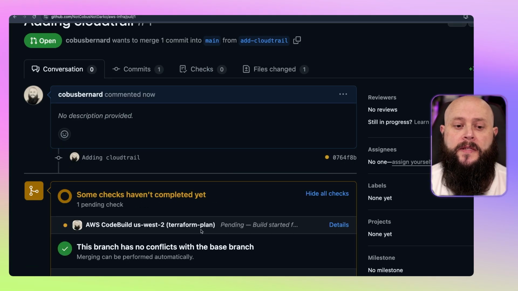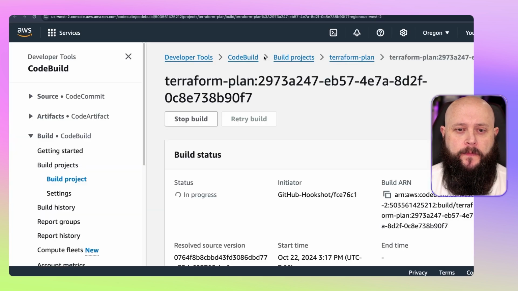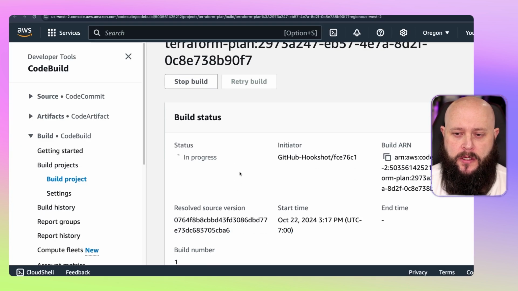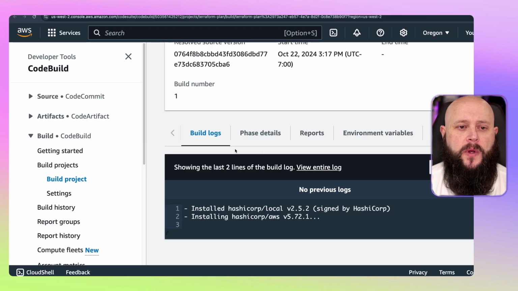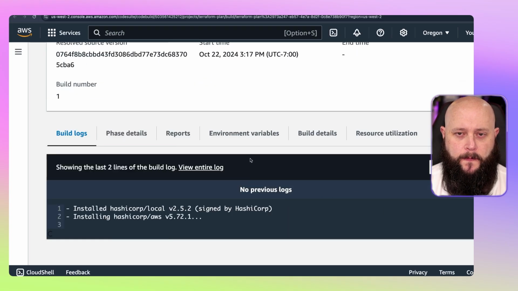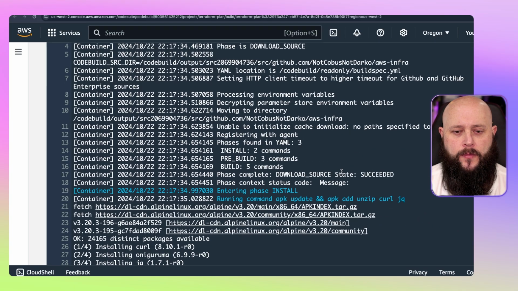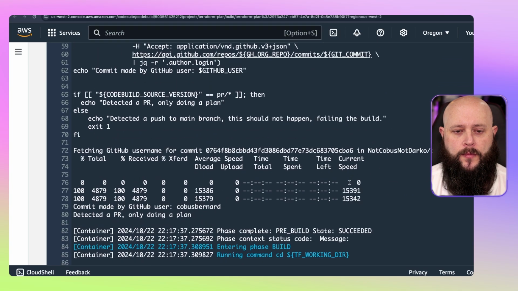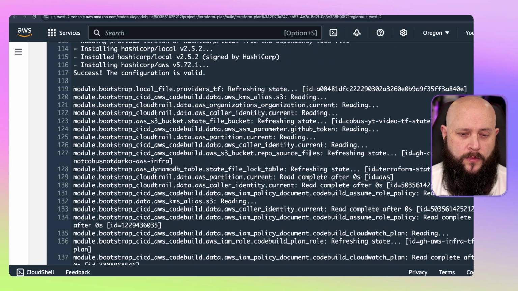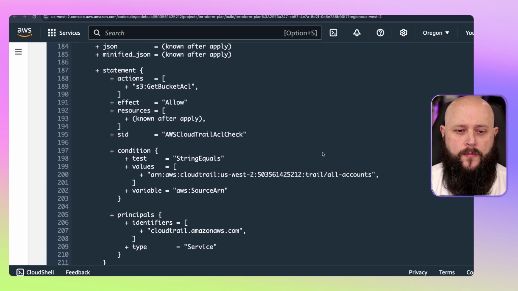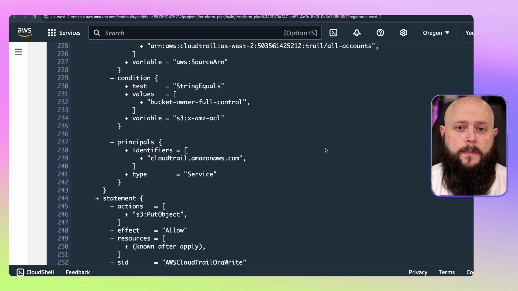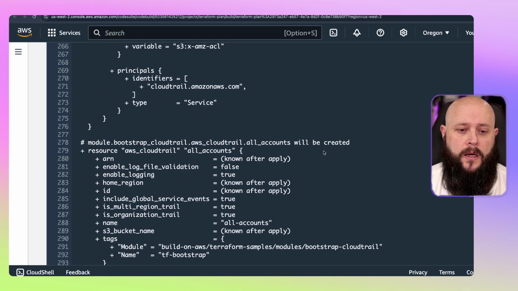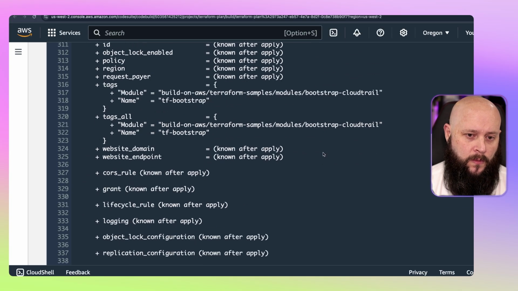So what you can see here is that our build has actually started. So let's have a look over here. We can actually see this job. Sorry, the console looks a bit weird when it's this enlarged. So you can start seeing the plan of what it wants to apply. Now, this is not an easy way to review our change.